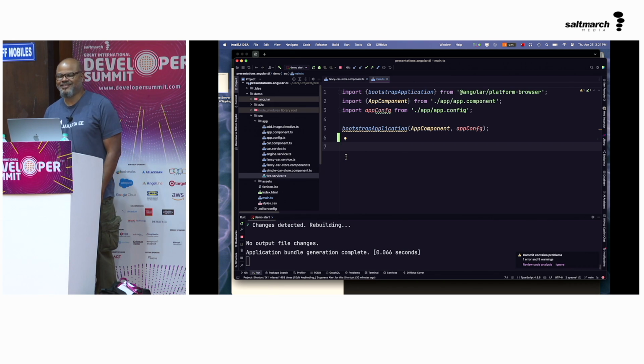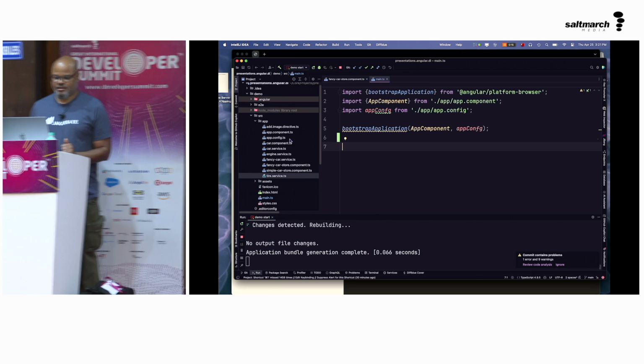Thank you. All right. So this example uses standalone components, but I'll talk about how it's relevant for ng modules as well. And I will say, in my projects in the past, we did use ng modules, but I'm trying to be new and hip and use these standalone ones. So better for tree shaking and all that kind of fun stuff. So. All right, so we've got my main TS there.